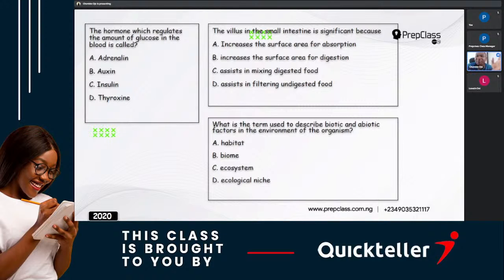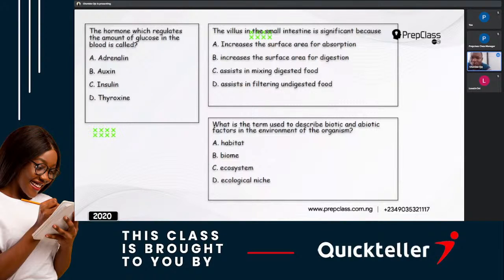So now, the villi need to be very many. There are small finger-like projections, and there are many. So the question now says the villus in the small intestine is significant because A, increase the surface area of absorption, B, increase the surface area of digestion, C, assist in mixing digested food, D, assist in filtering undigested food. The answer is A, increase the surface area for absorption. That's the function of the villi. So the next question,